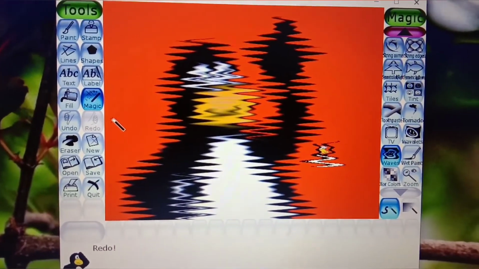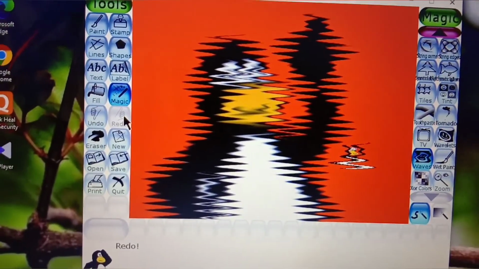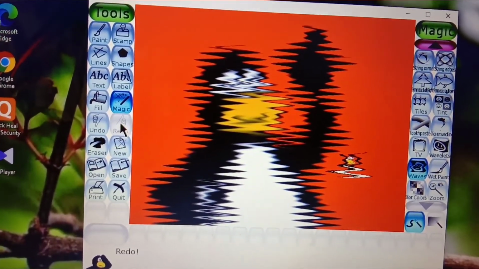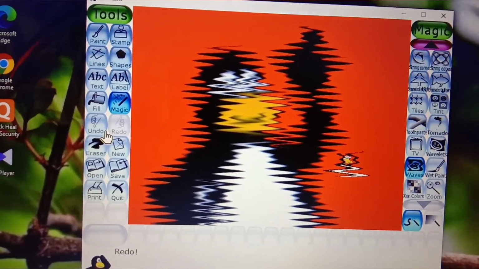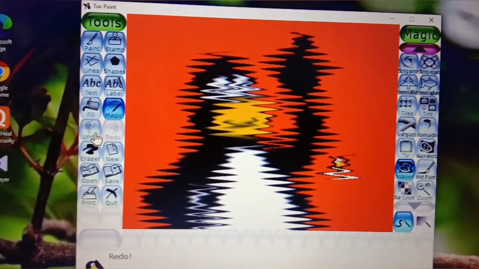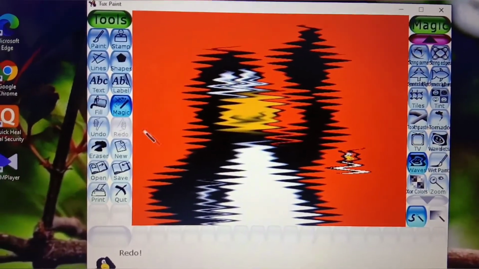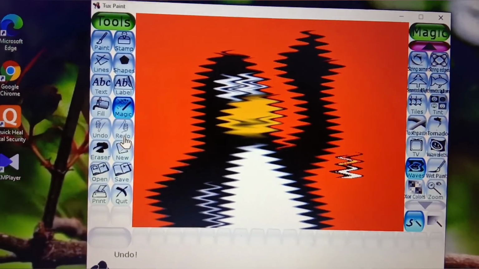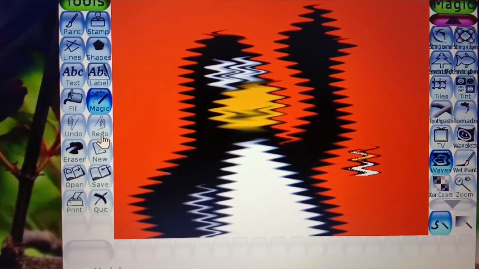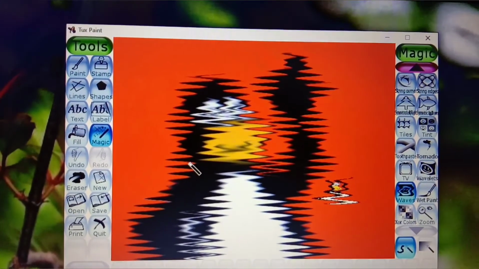Previously the undo was there, but the redo is not going to happen. Why? Because undo is not activated. So to use the redo option you have to use the undo at least once. Wait, we are at the last action we did till now. So if I click on undo, look here, the redo is activated because I applied undo. Then if I click on redo, the redo option comes like this.